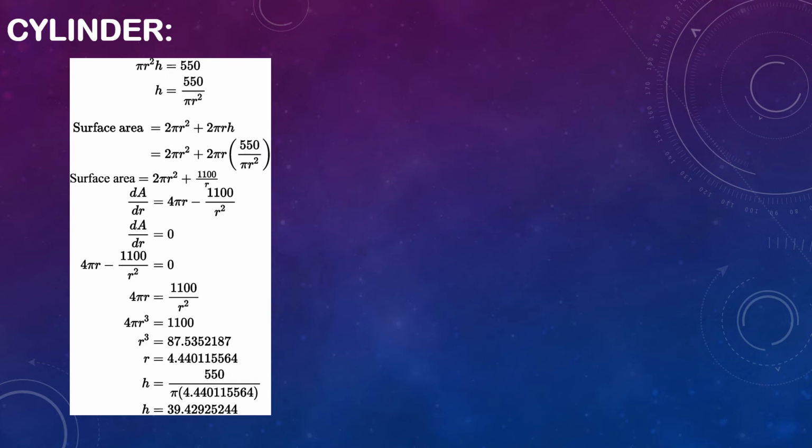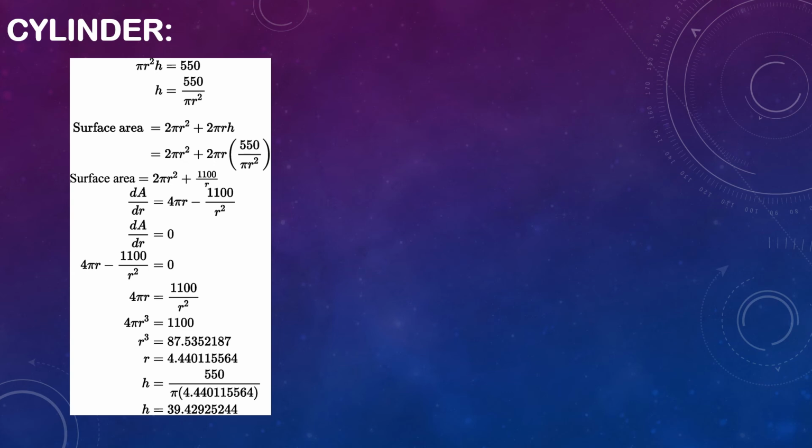Then now we'll do the cylinder, which is the last one. Given the volume of the cylinder is pi r squared times the height, which is equal to 550. So we'll find the height formula, which is h equals to 550 over pi r squared. So the surface area is 2 pi r squared plus 2 pi r h. So we sub in the formula of the height that we just made, and after some simplification we found out that the surface area is equal to 2 pi r squared plus